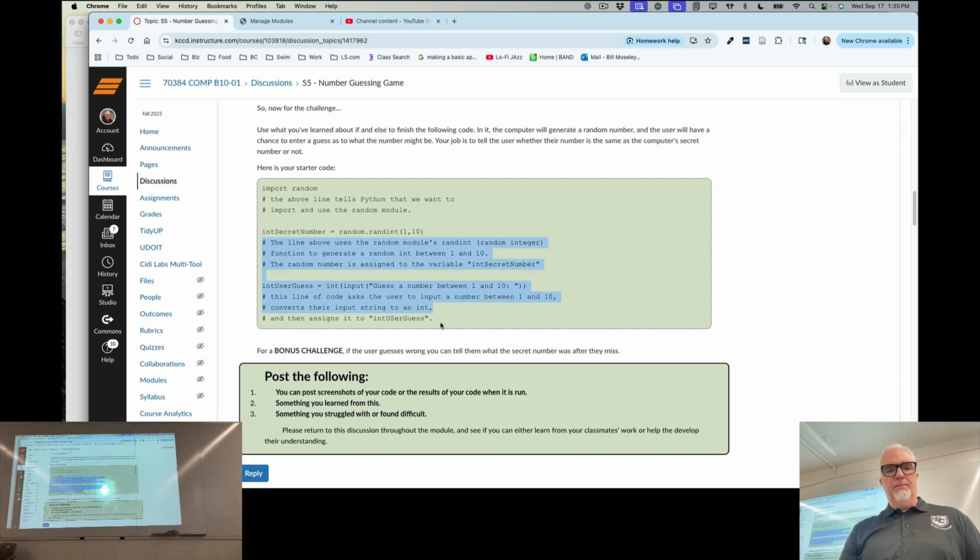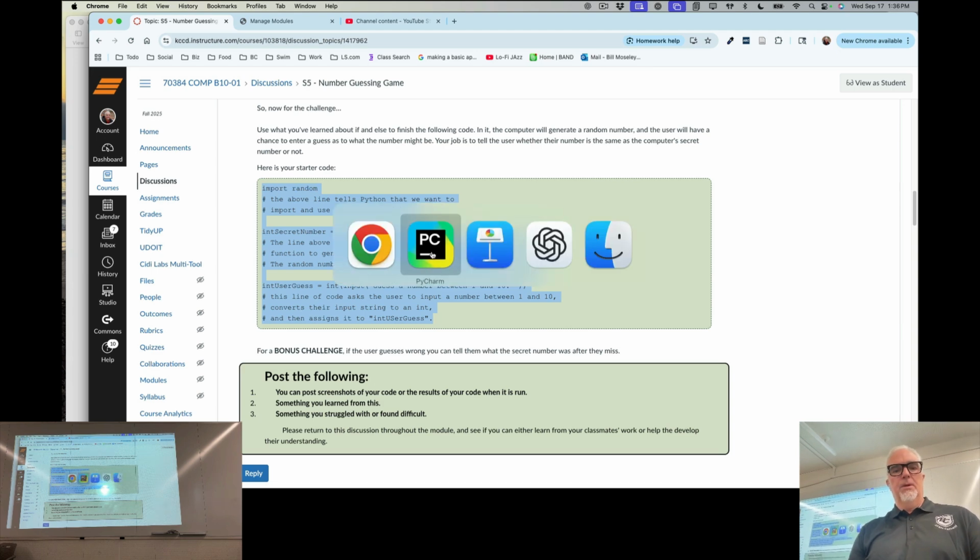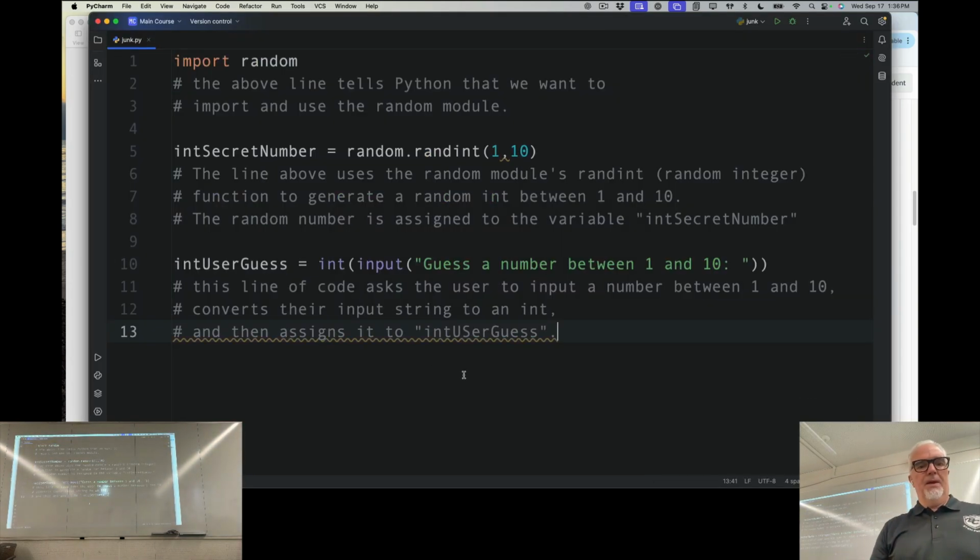But this final code here, and there's a lot of comments because I'm explaining what these do. There's actually 3 executable lines of code here, 1, 5, and 10, right? Everything else is comments that explain those things. But basically, what it's saying is